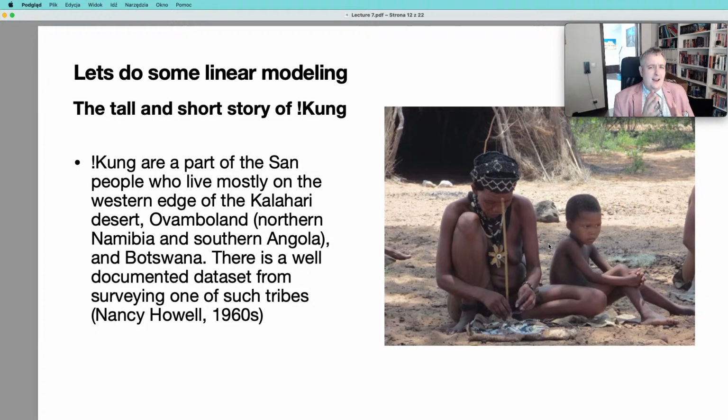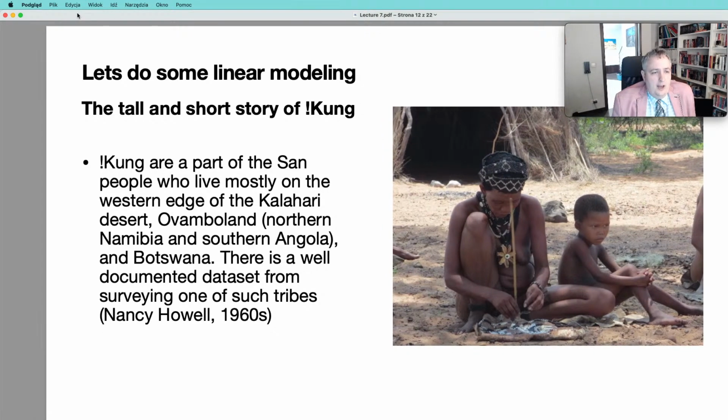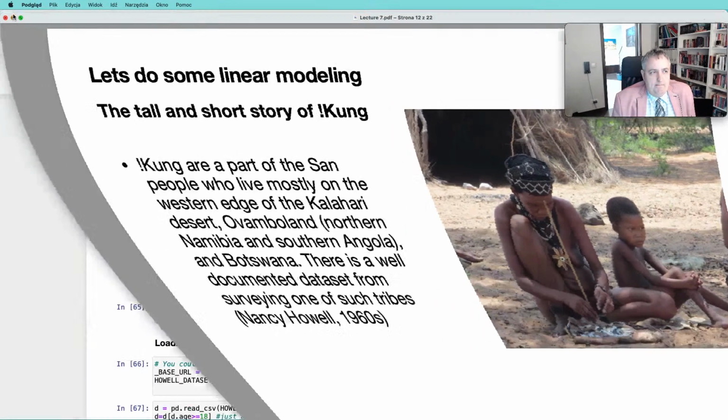And this is a nice, simple, small data set of weights of anonymous people that we can use in order to create a simple model. So that's why we consider this one. Of course, different data sets are also okay, but this gives us at least a certain practical approach, because this is something that actual anthropologists do when modeling. So we have the Kung people tribe measured in the 60s. We have a group of people. So let's do some modeling. Okay,